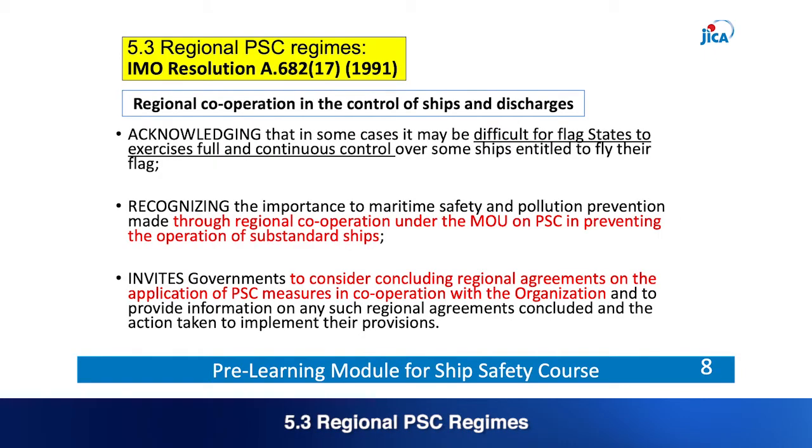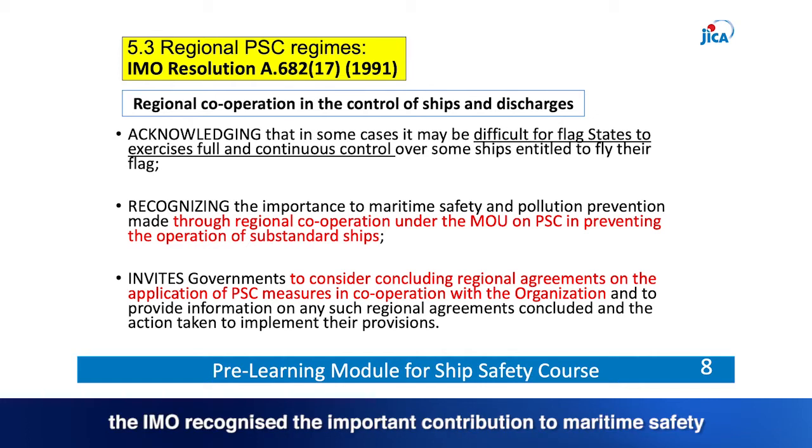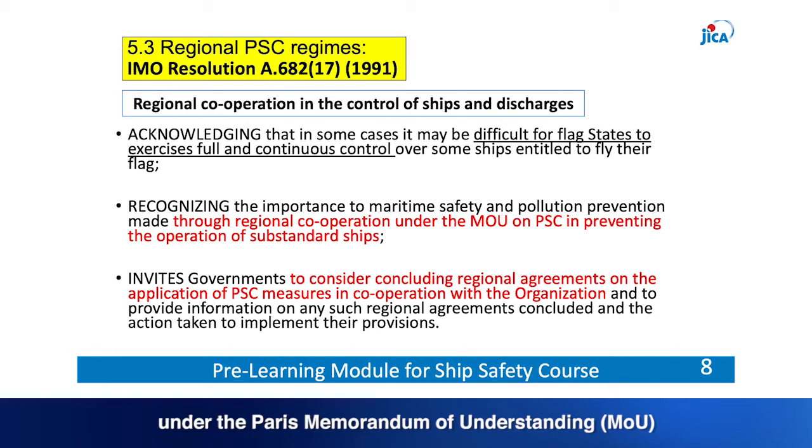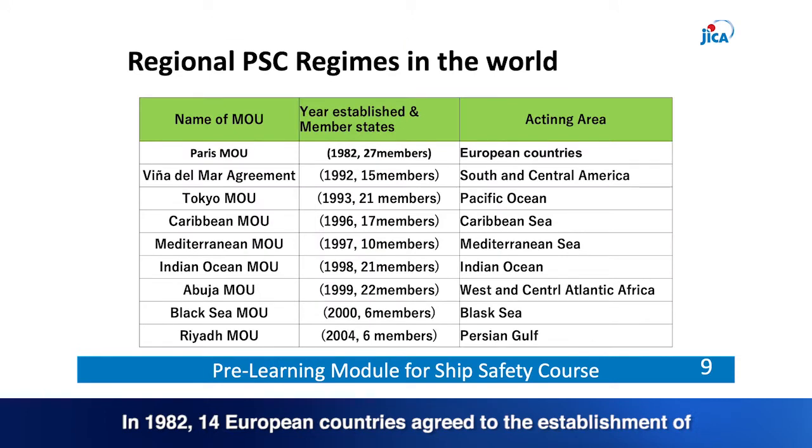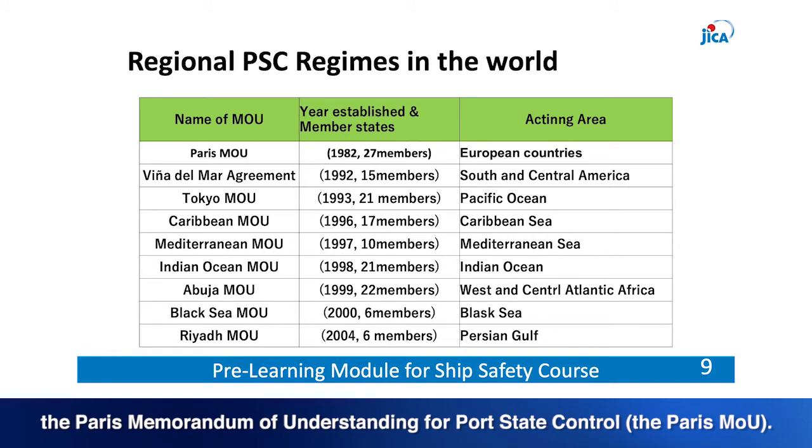5.3. Regional PSC regimes. PSC works effectively if every country in the area works together in cooperation. At its 17th Assembly session, the IMO recognized the important contribution to maritime safety and pollution prevention made through regional cooperation under the Paris Memorandum of Understanding, MOU, in preventing the operation of substandard ships. Thus, they adopted Assembly Resolution A687/17. In 1982, 14 European countries agreed to the establishment of the Paris Memorandum of Understanding for Port State Control,